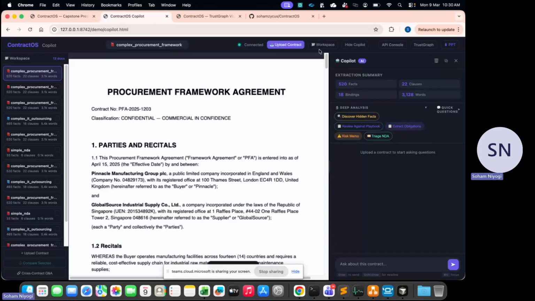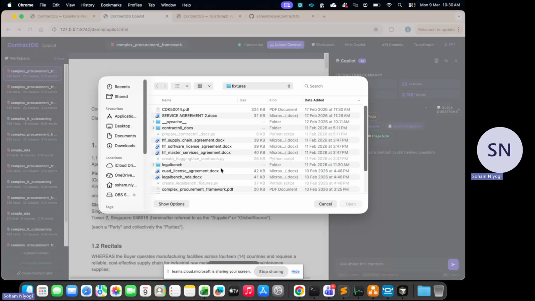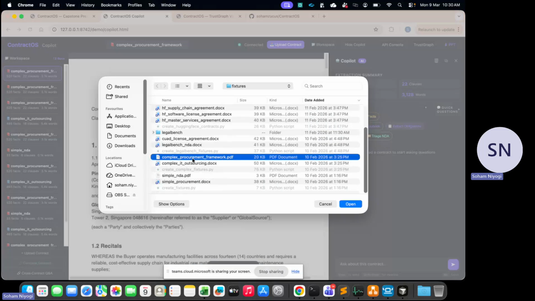So let us move quickly. I will go ahead and upload the contract. These contracts are all prepared using LegalBench and ContractNLI as my backend data. So this PDF that you see, the complex procurement framework,